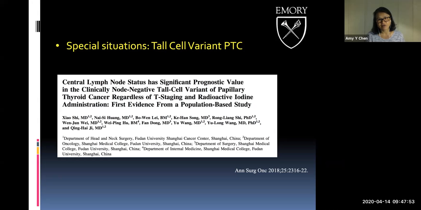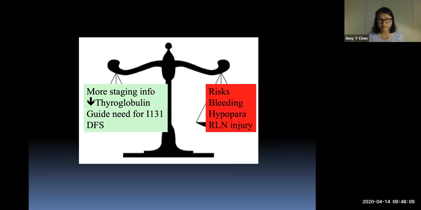The special situation for doing a central lymph node dissection without gross evidence of central lymph node enlargement may be a tall cell variant PTC. And central lymph node status does have a prognostic value in this study that was published in the Annals of Surgical Oncology. So basically,